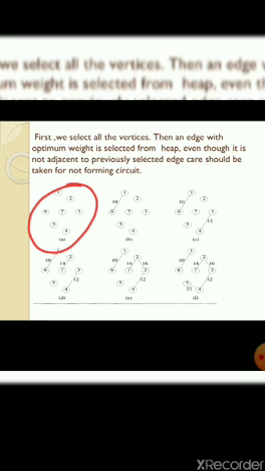First, find out the minimum weight from node 1, which is 1 to 6 with weight 10, as displayed in B. Find out the minimum weight which is adjacent to 1 to 6, which is 3 to 4, as displayed in C. Then find the minimum weight adjacent to earlier nodes, which is 2 to 7, displayed in D. Then 2 to 3, displayed in E, and so on till not forming a circuit.